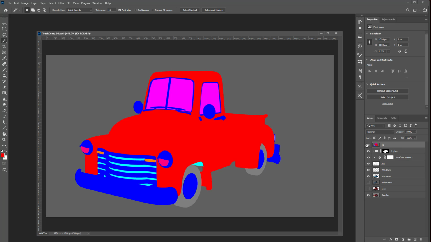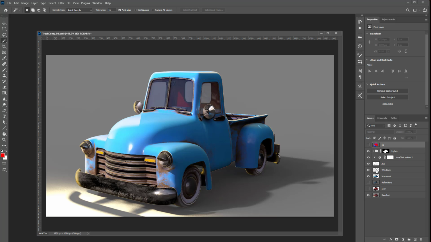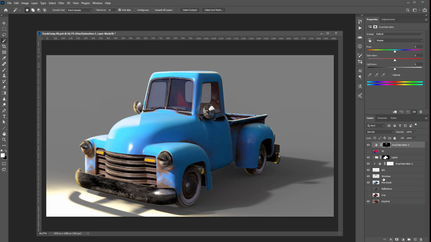I think what I'll be able to do is Control click these windows. On the windows, I'm going to go through here and do a hue saturation. Drag that down above my windows, hold down Alt and link that. And I'm just going to hue shift the window over until the red parts turn